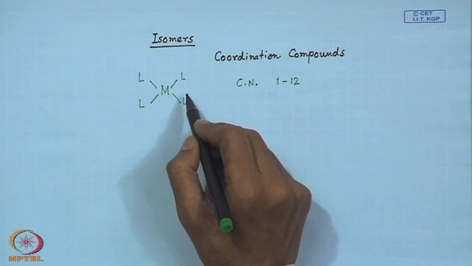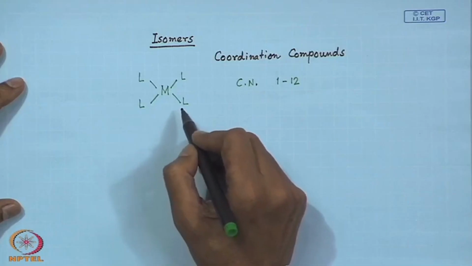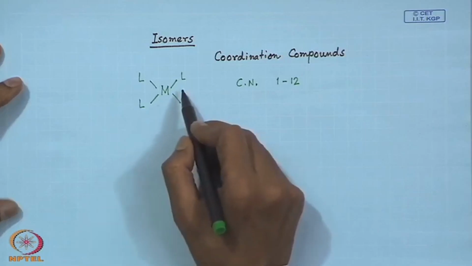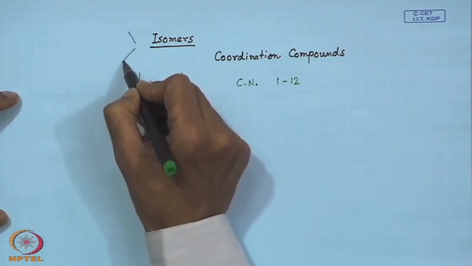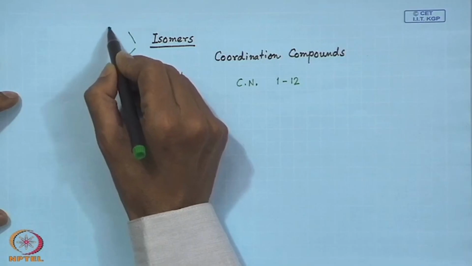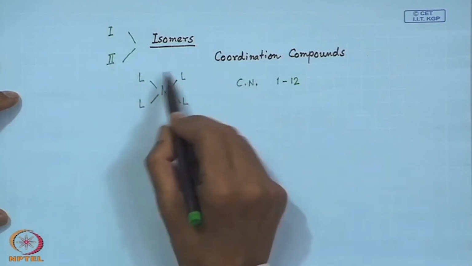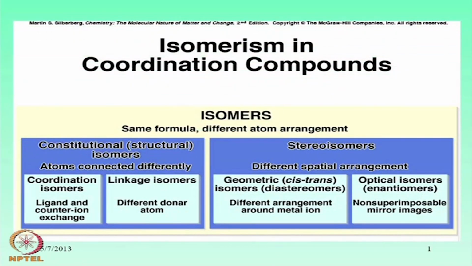So now we'll see what type of arrangements we can have if, within the same chemical formula or same chemical composition, we can have different spatial positioning of the different ligand system that gives rise to one particular isomer, and in a different arrangement we can have a separate isomer. So we can have isomer 1 and isomer 2 due to the different positioning of these ligands around the metal center. So we'll see first, starting from the entire coordination compounds, what we know about the isomerism in coordination